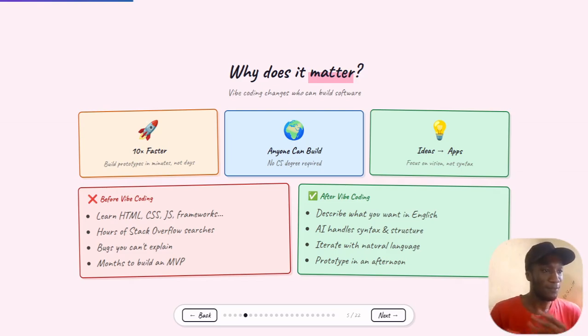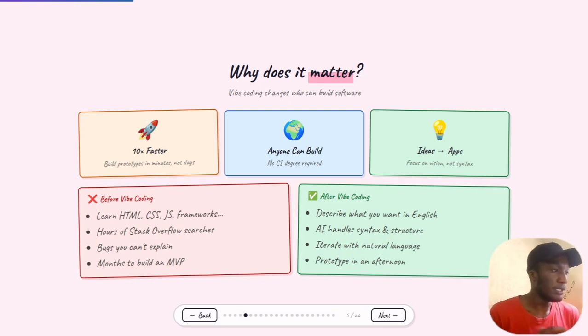Those are some few apps which have come up, and many people are capitalizing on this vibe coding. You need to make sure that you are not left behind, because in some few years to come, AI will be doing what everyone can do. It will be just an agent doing everything from a simple prompt. So for now, just capitalize before it's too late.